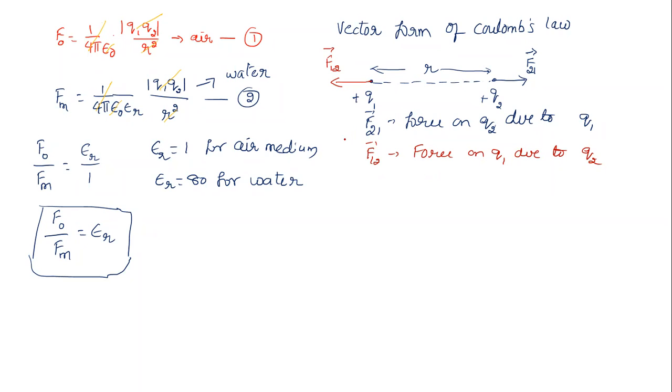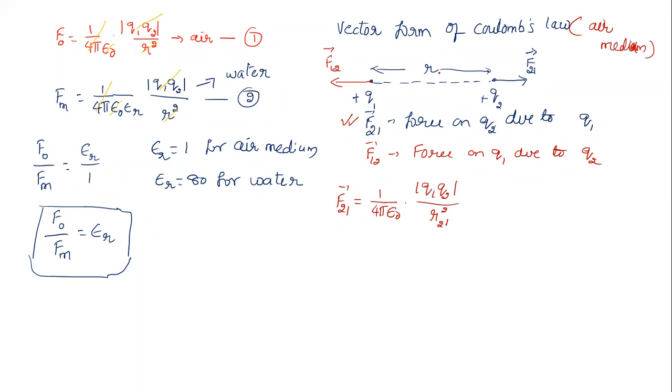Now I need to set the equation and write the vector form. Let us take first F21, force on second charge due to first charge. The vector is given by 1 by 4 pi epsilon naught. Of course, we are doing this for air medium only. Keep in mind, we almost always take air medium here. Multiplied by magnitude of charges Q1, Q2 divided by distance R21 square